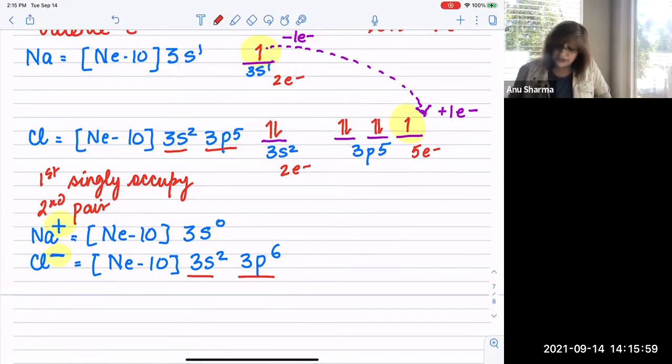Okay, so in this case, what is this going to look like? This obviously now has the inner core of